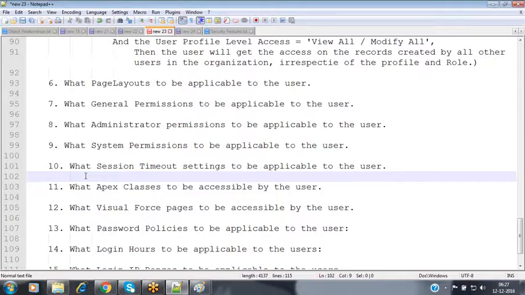So about the modification, if you want to send an email notification to that particular owner, then we can create that programmatically, or else we can create a workflow. In that workflow, we can specify that whenever the record has been modified, we send the email notification to that record owner.